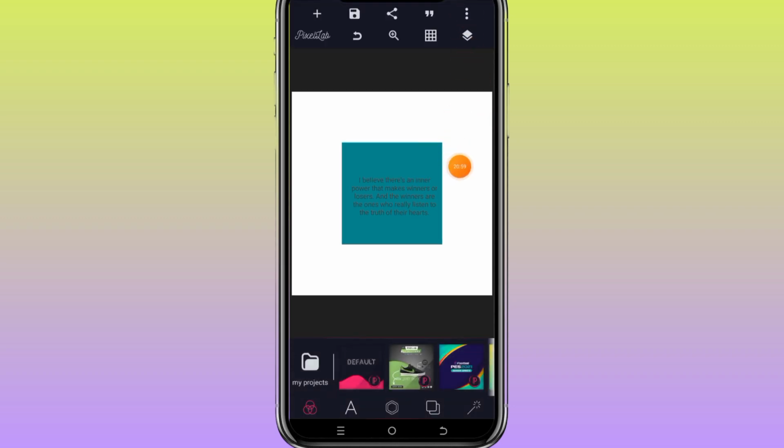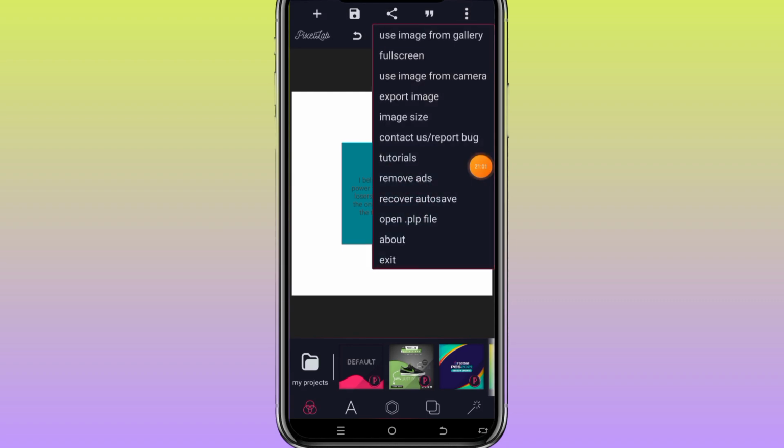So I'll click on this three dot icon again and I'll go to use image from camera. If I click on it, this will allow you to snap whatever you want to snap rawly. Maybe you saw something that you want to use for your design, you just snap it and it automatically